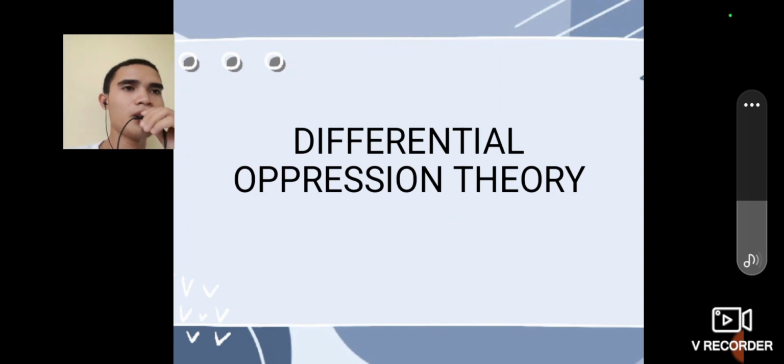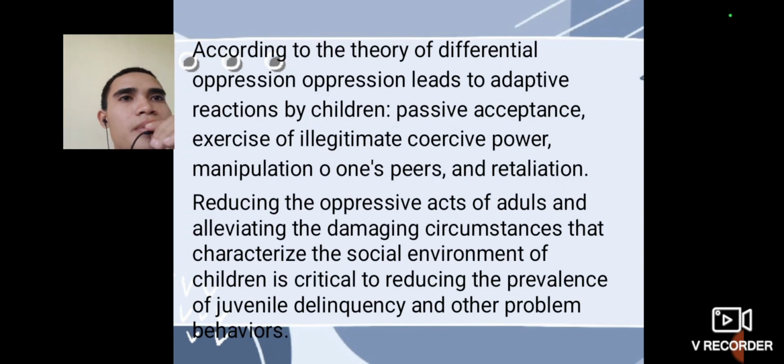Differential oppression theory. According to the theory of differential oppression, oppression leads to adaptive reaction by children, passive acceptance, exercise of legitimate coercive power, manipulation of one's peers, and retaliation, reducing the oppressive acts of adults and alleviating the damaging circumstances that characterize the social environment of children, which is critical to reducing the prevalence of juvenile delinquency and other problem behaviors. So, however,